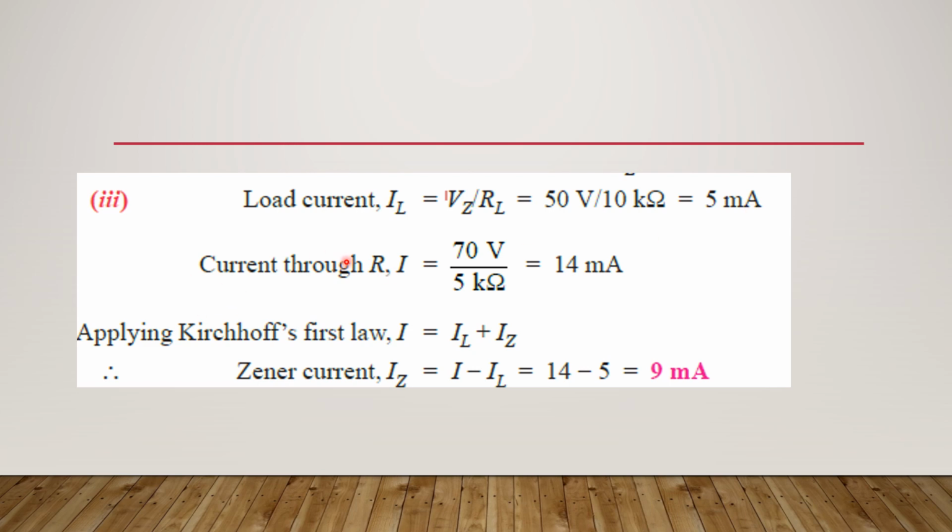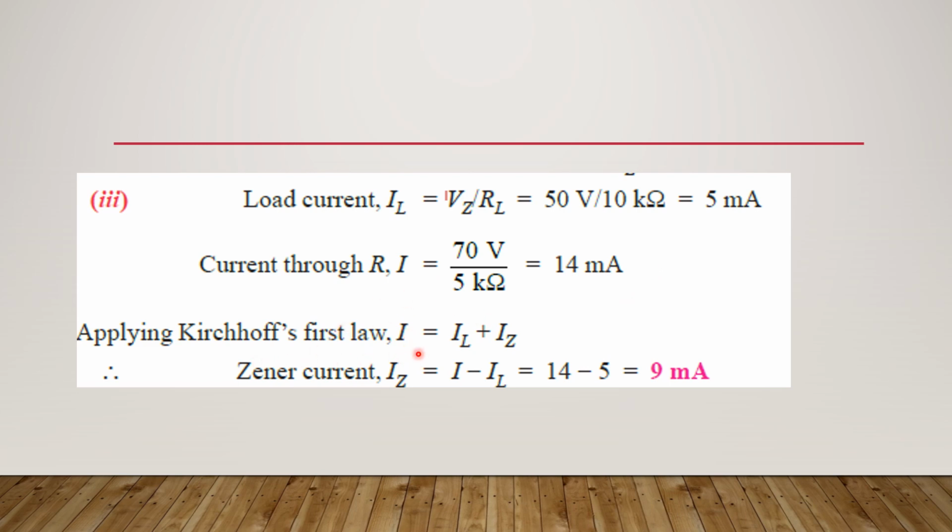Now the current through the resistance. From the same Ohm's law formula, current is the voltage divided by the resistance. The current through the 5 kilo ohm resistance has to be found. Already we found the voltage to be 70 volts. So 70 divided by 5 kilo ohm is equal to 14 milliamps. Now, from the circuit, applying